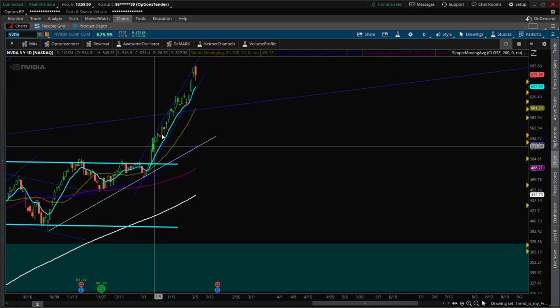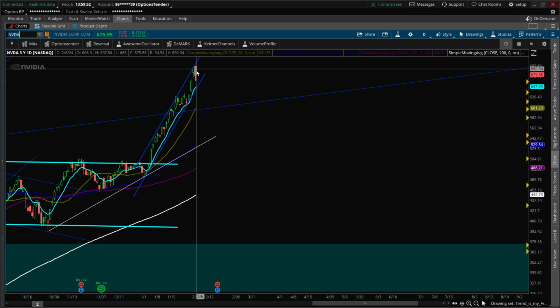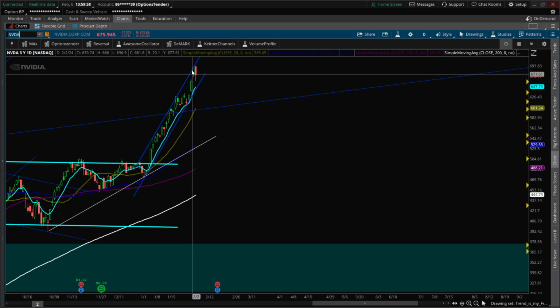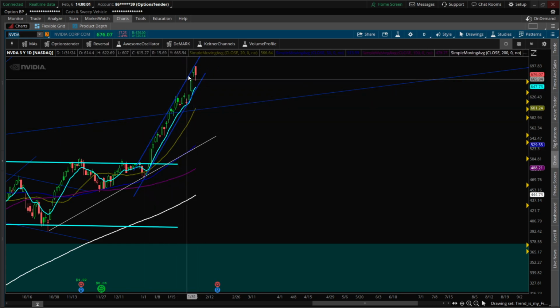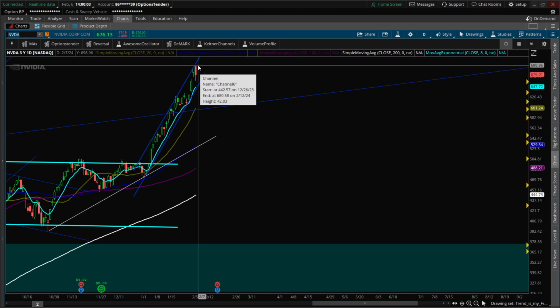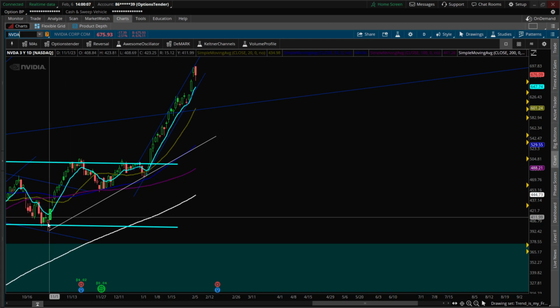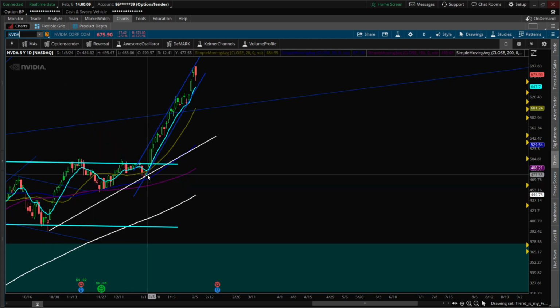NVDA formed a channel, and we hit the top of that channel. Now we have, you can call it a tweezer top or a bearish engulfing type candle. So I do believe we're forming a top here with this. Do I think this is the all-time top here? I don't know. We have some sort of structure where this could be a 1, 2, 1, 2, and this